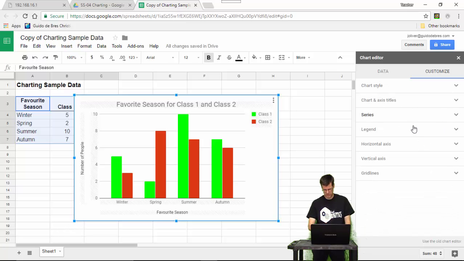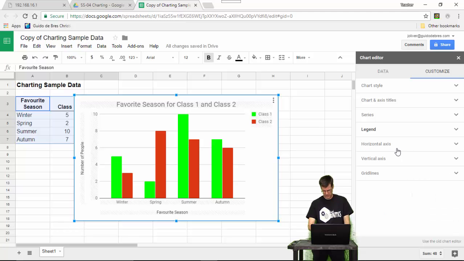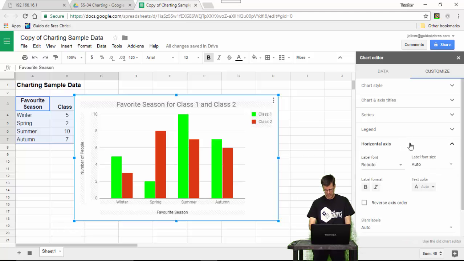I can do things with the legend. So if I want the legend where I want the legend, I can adjust it if I decide I don't want a legend at all. And I can make some changes to the horizontal axis, the vertical axis, and the grid lines. Now I don't have many options with either of these, but I can make my chart, customize it a little bit. And under horizontal axis,